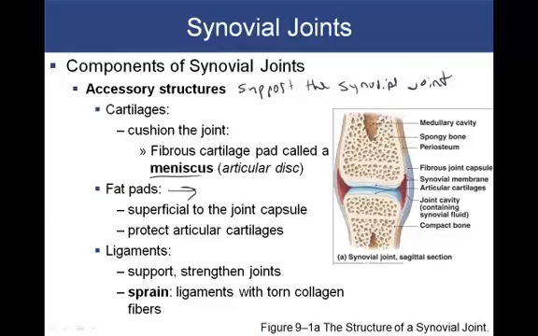We often hear of individuals spraining an ankle, for instance, and what you're actually doing is damaging the ligaments associated with that joint. These types of damage take a long time to heal. Individuals who sprain parts of their body are often experiencing pain and discomfort for some time as they're waiting for those tissues to heal.